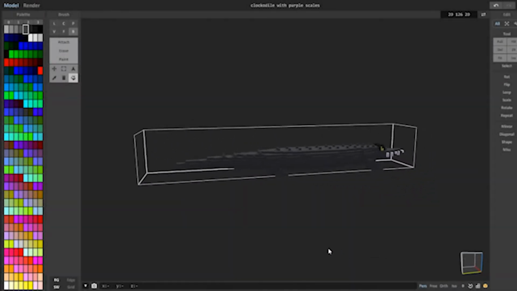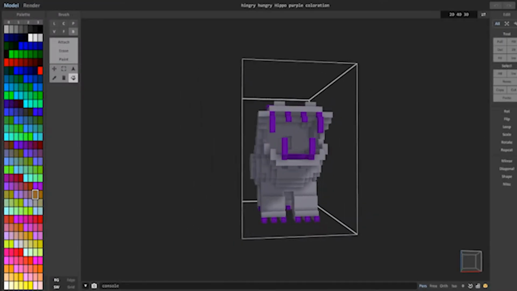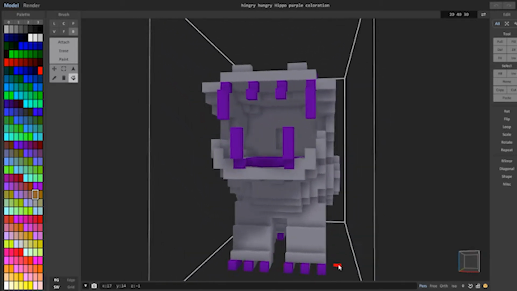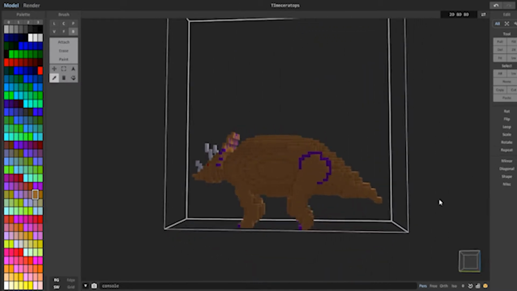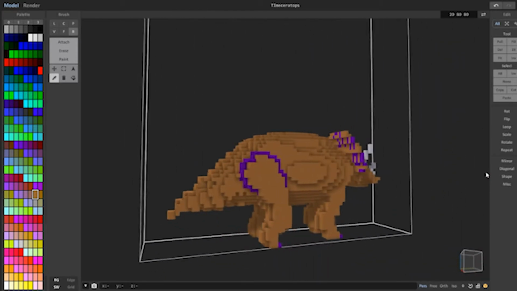You see our Crocodile now has these awesome purple scales, which give him a lot more character. The Hungry Hungry Hippo's coloration change was basically to take any and all accent colors and make it purple, which I think gave him a very ferocious, mystical feel. For the Triceratops, you can see that the main changes were the purple clock numbers, as well as the accent on his hind legs, both of which were some of his cooler features, and now that purple really makes it